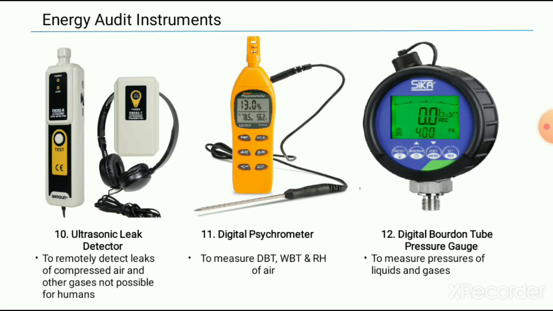Tenth, ultrasonic leak detector. It is used to detect leaks of compressed air and other gases when it is not possible for humans. Eleventh, digital psychrometer. It is used to measure dry bulb temperature, wet bulb temperature,